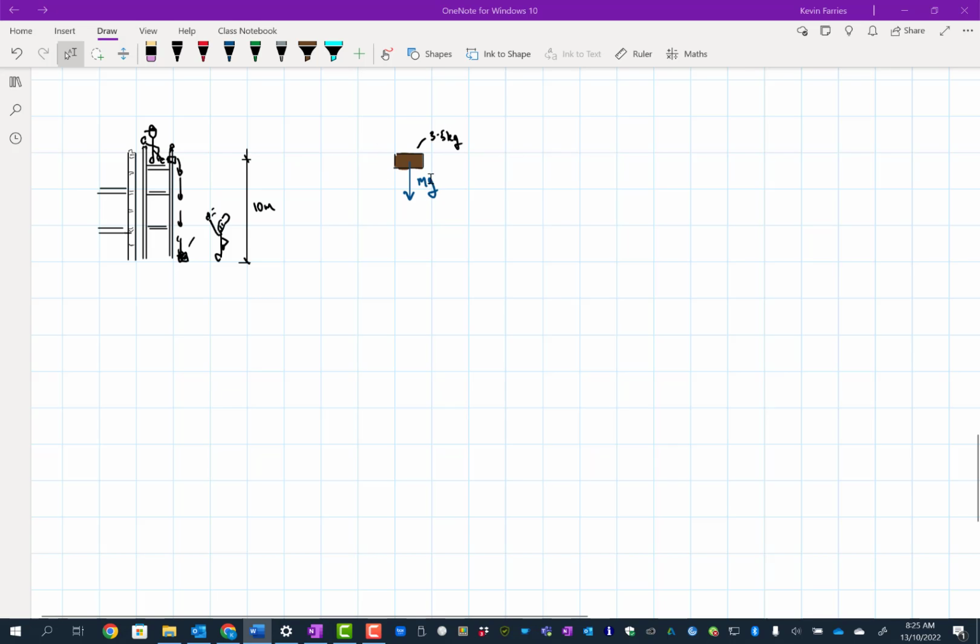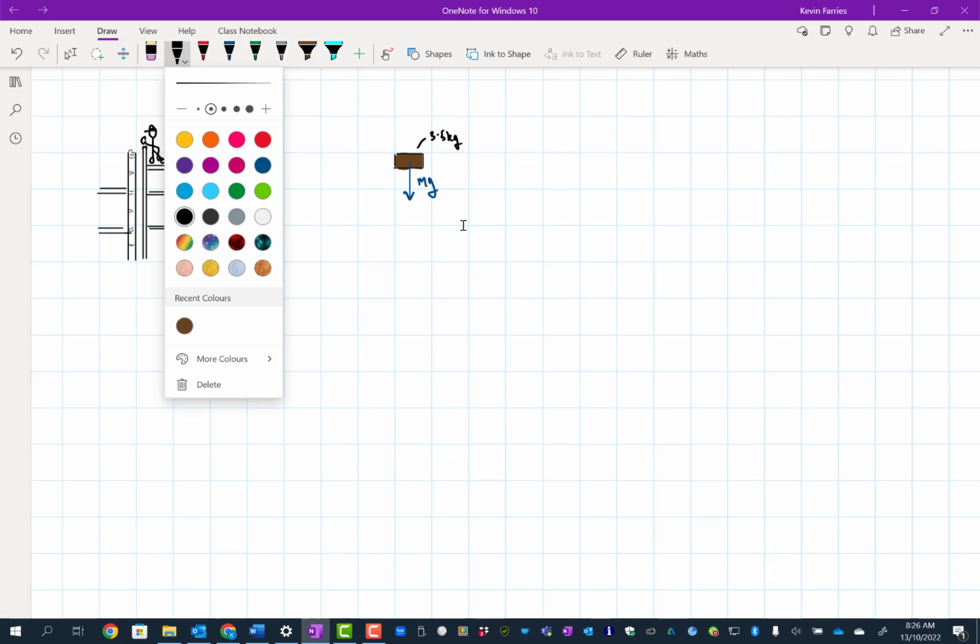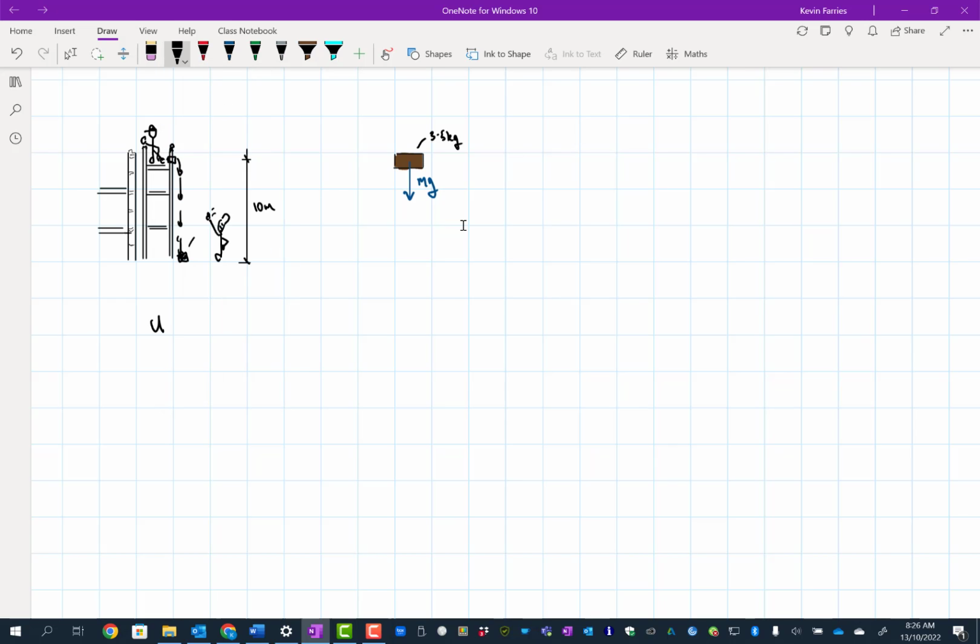So, free body diagram. All you've got acting on the brick is gravity, and it's traveling in that direction, and it's going to fall 10 meters. Therefore, we can figure out the work that was done. So U is going to be force times displacement in the direction of the force. In this case, it's mg times the initial height, h naught. It's a 3.5 kilogram brick, so it's going to be 3.5 times 9.81 times